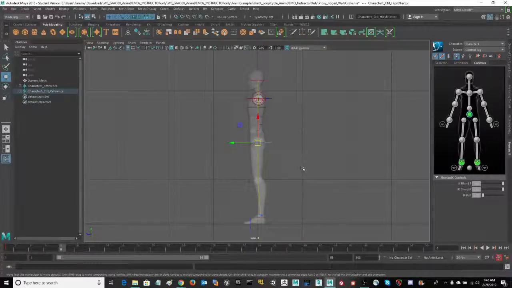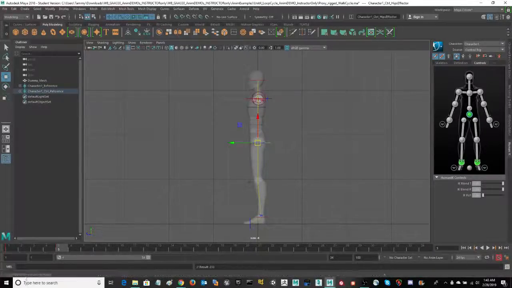Alright, so to work out timing, we need to establish the keyframes, the key extreme poses of the animation. In a walk cycle, I generally look for the complete fully extended leg and then the fully up leg. So as we work forward, you'll be able to see what I'm talking about. Since this torso is fully up with a fully up leg already, I'm going to go ahead and set a keyframe for that on frame